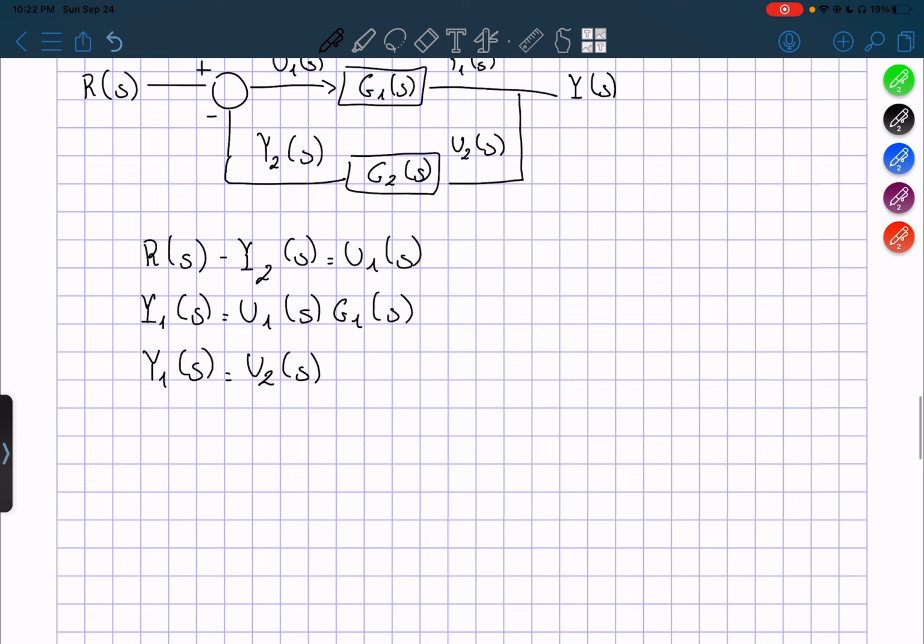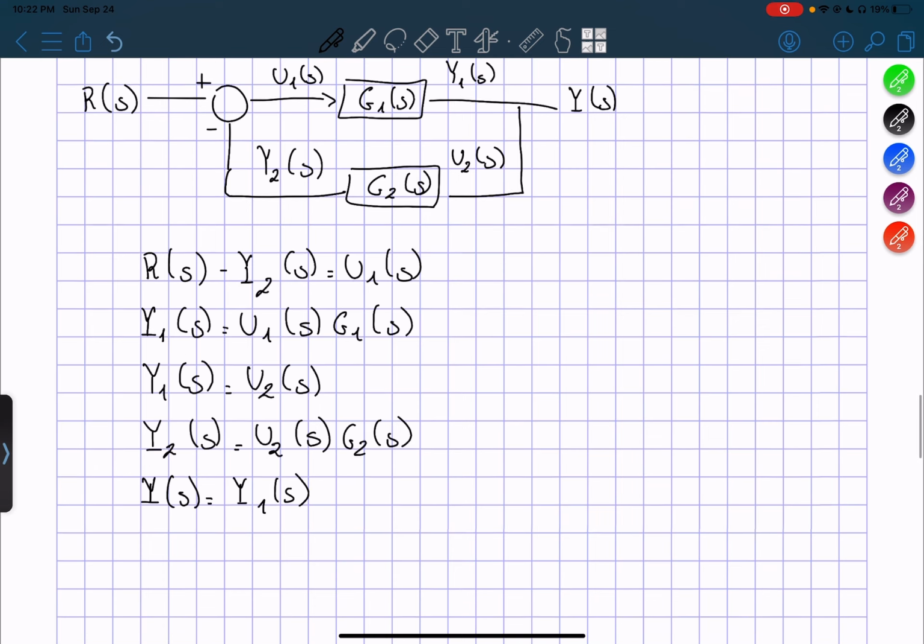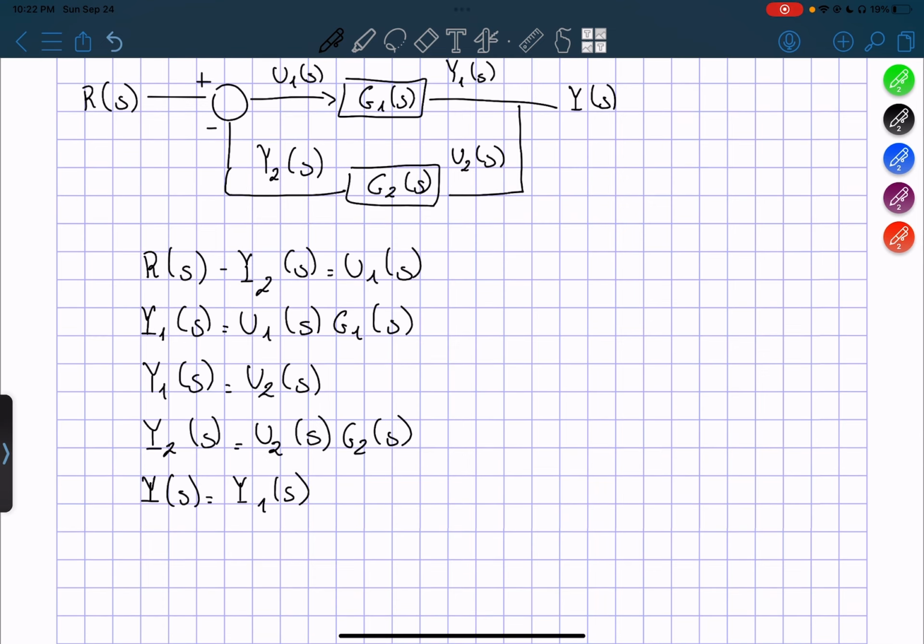And then y2 of s is equal to u2 of s times g2 of s. And of course, our final y of s is equal to our y1 of s. Okay, so what I want to have in the end, what I want to have in